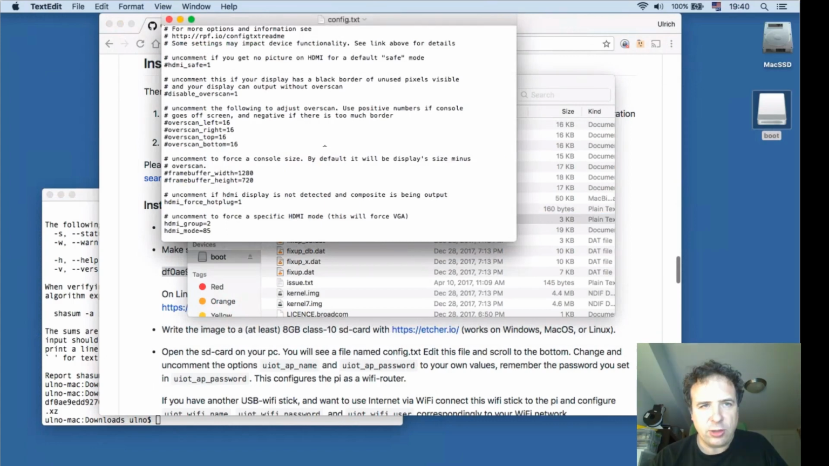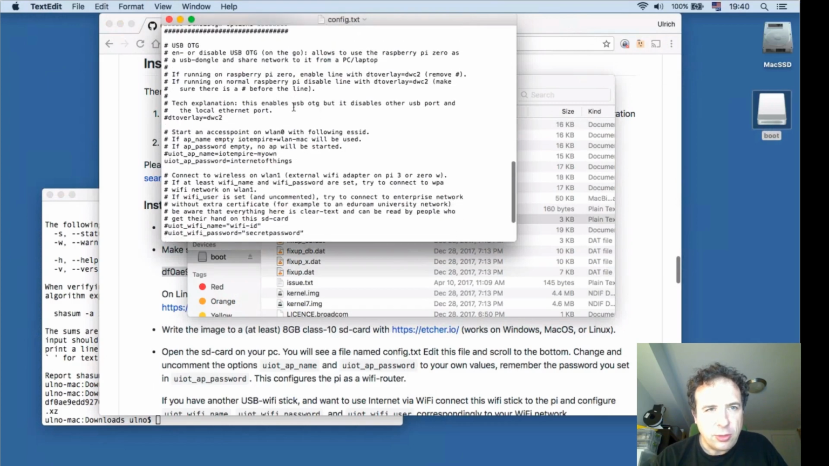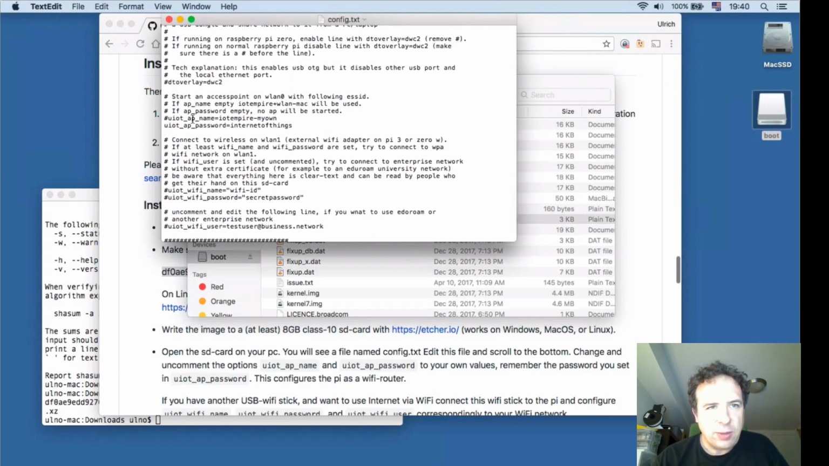So open this config.txt, and be careful, this editor is kind of weird, so it destroys a lot of things, especially quotation marks, so you can't enter quotation marks with this editor. If you have a better programming editor, use that one. This is a normal configuration text file of the Raspberry Pi, but if you scroll down, you see there are some UlnoIoT specific settings, and especially interesting is this stuff here, where you can set your own Wi-Fi networks. So I can customize this for me, and so do this IoT Empire Ulno. I leave the password like Internet of Things, and